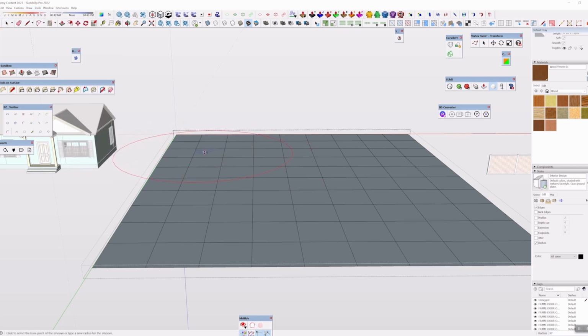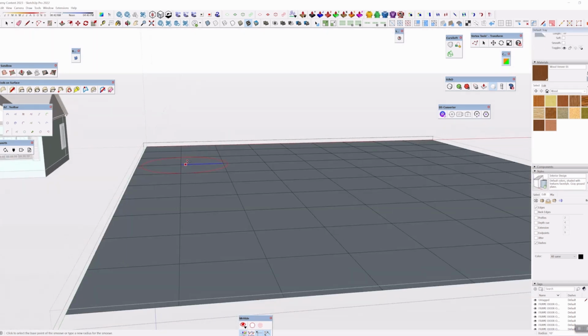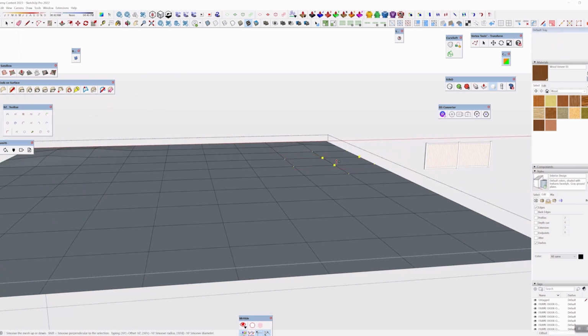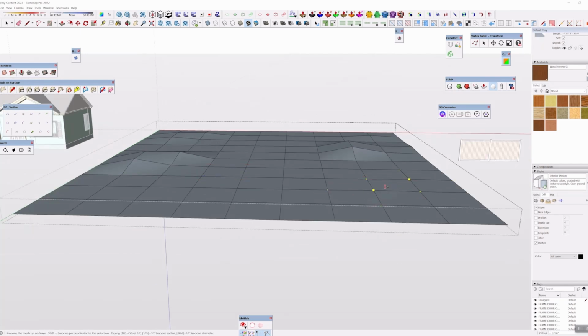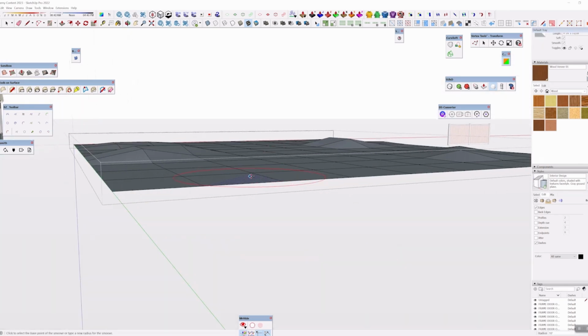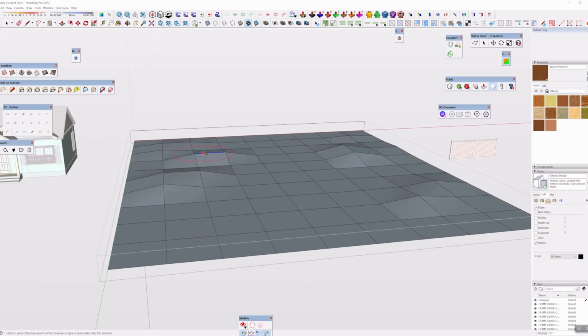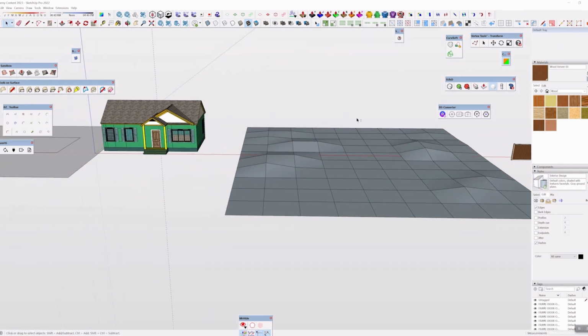Smooth is going to be a mixture of the move and smooth brushes. It's a very large radius brush, but again, if you hit tab on your keyboard, you can type in a radius. So I'm going to do 10 apostrophe, so 10 feet, and hit enter, and there we go. What this allows you to do is go in here and basically lift up and down parts of the environment. You could really adjust the environment quite a bit. You could have the garden with a more rolling dynamic. I think this does look good when you do this, but for our purposes,